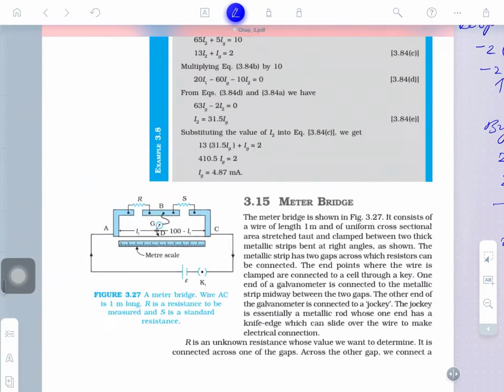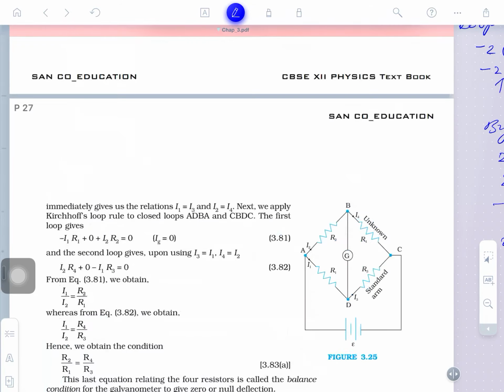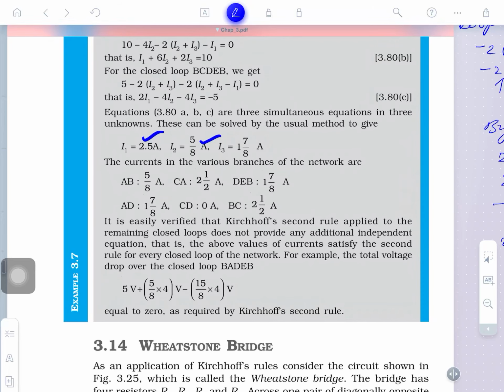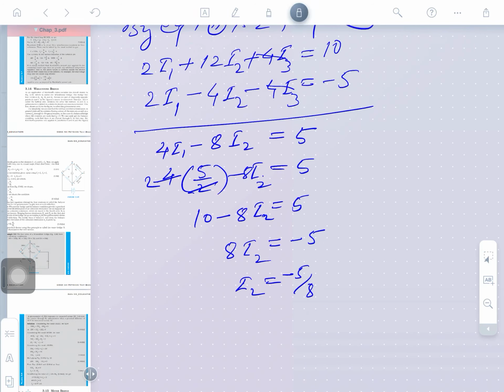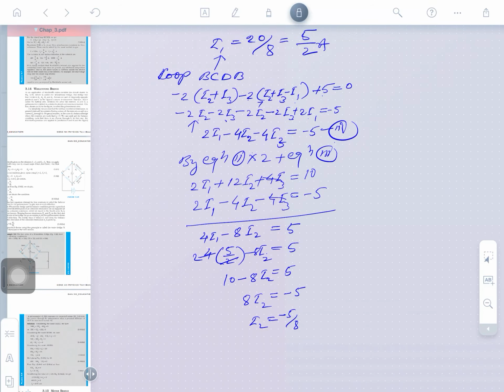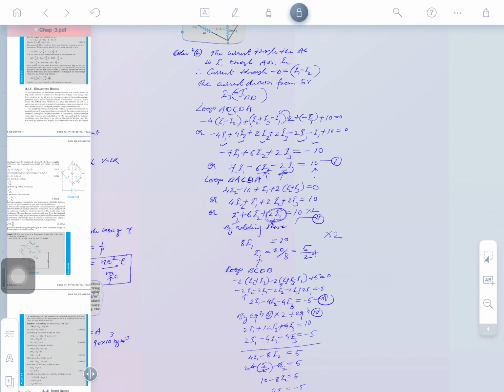And what is next coming here? No, it's not here. I2 is 5 by 8. Yes, now your answer is achieved here. Okay, 5 by 8. So what mistake did you actually bring here? Again 5 by 8 you brought. Next, substituting the value of I2 and I1, you can obtain I3 also. If the two are coming correct, then the third can also be correct. However, we took much time to solve the questions, but you have to do the questions seriously.